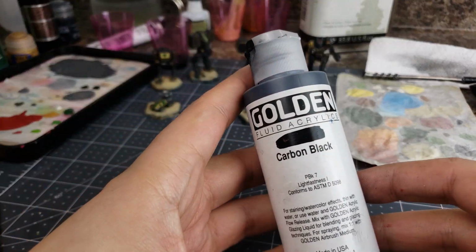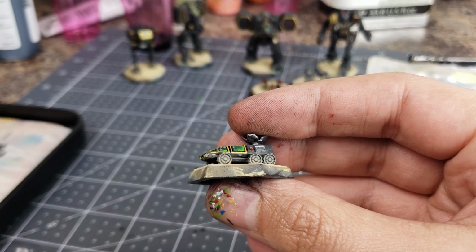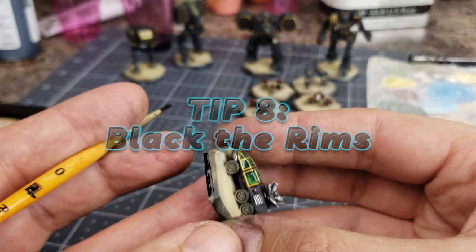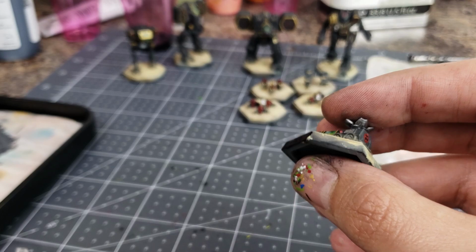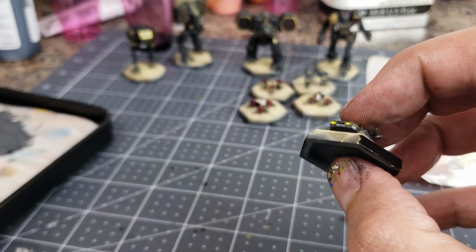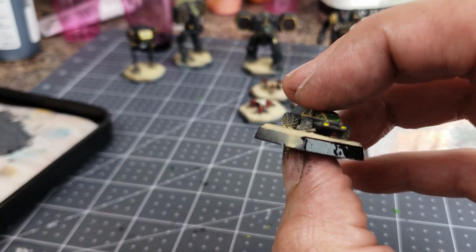Now that the lens jeweling is finished, the paint job on these models is complete. That leaves just one final step, which also happens to be my next tip: black the rims. A model isn't really finished until the base rim is detailed, and the most convenient and easily recognized color to do so is black. In this case, I'm using Golden Fluid Acrylics Carbon Black since it has a semi-gloss finish